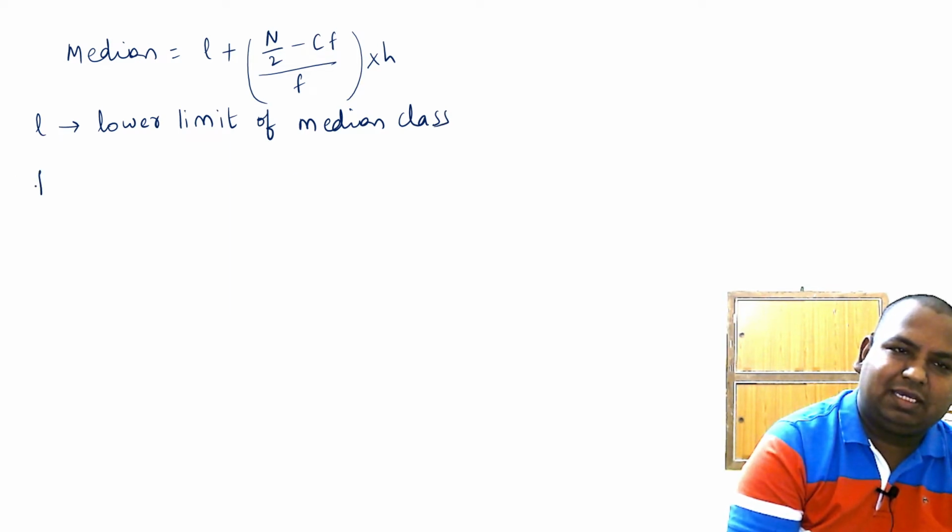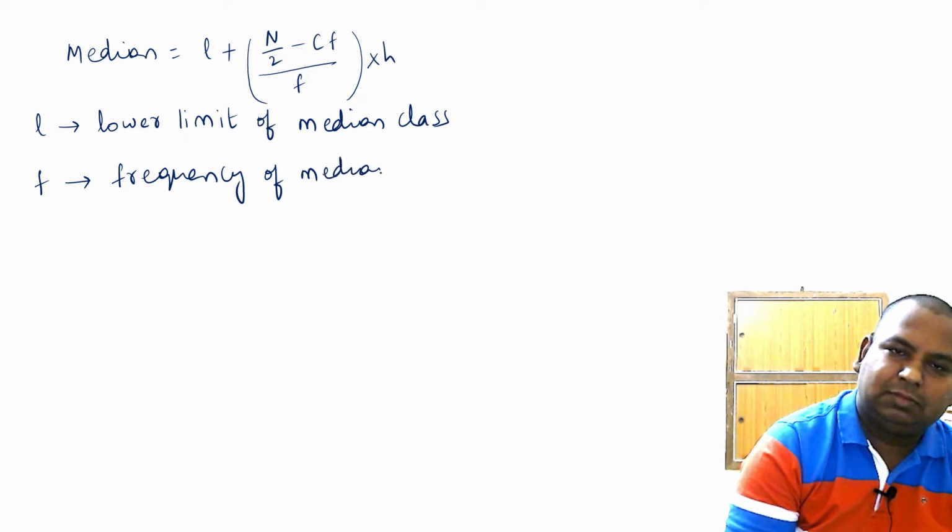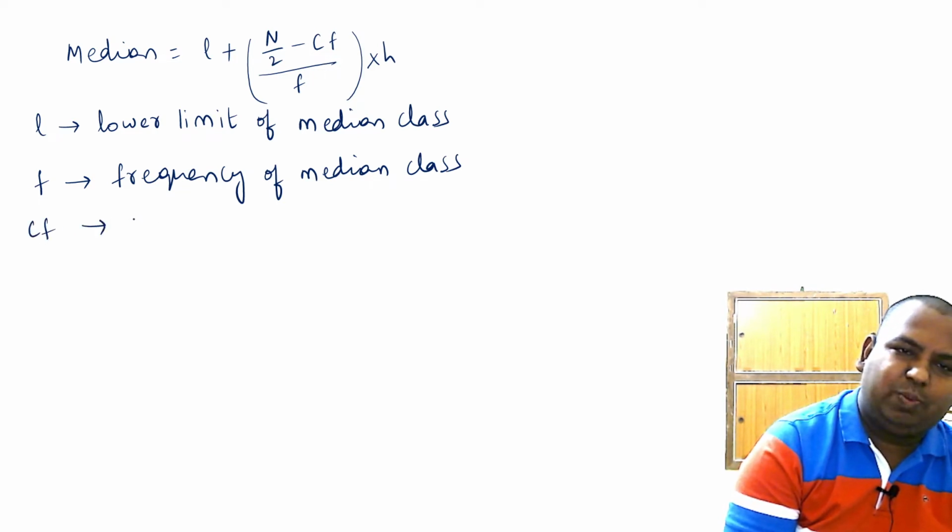What is f here? f is the frequency of the median class. What is CF here? CF is the cumulative frequency